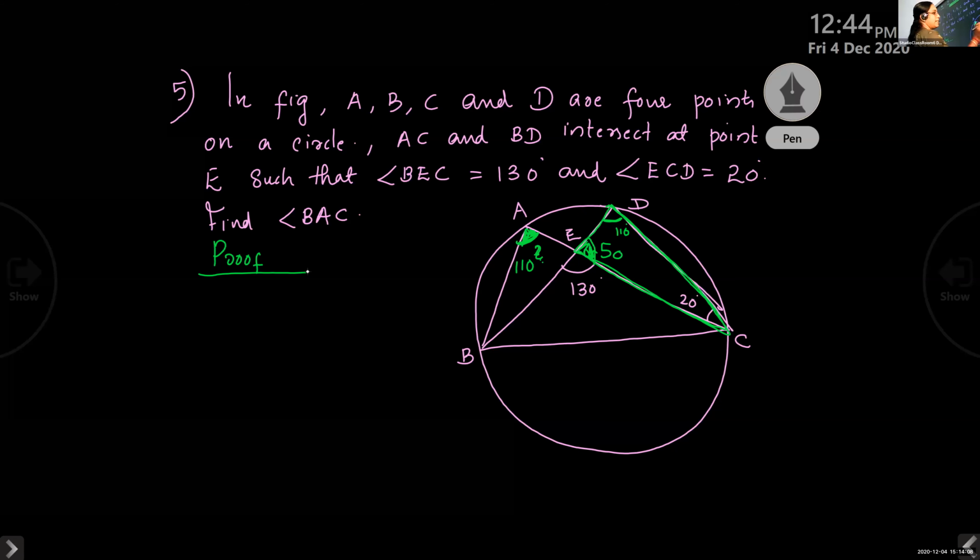What he is telling is that you can find this 130 as the vertically opposite angle, and it is the exterior angle of this triangle. Because you get 130 by adding 110 and 20. So 20 is given. How to get 130? If you add 110, you will get 130. Clear, children? Vertically opposite angle 130 is given, so that is also 130.